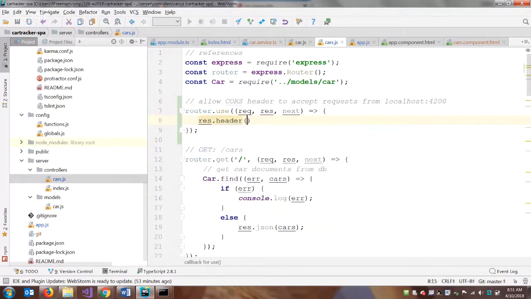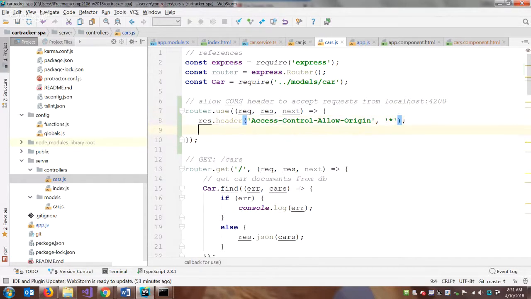So here are the headers we need to set. Called access control, allow origin. But we'll just put it in a star. Could put it in as localhost 3000, but then if we deploy it online, it doesn't work again. And then we also have to set the access control